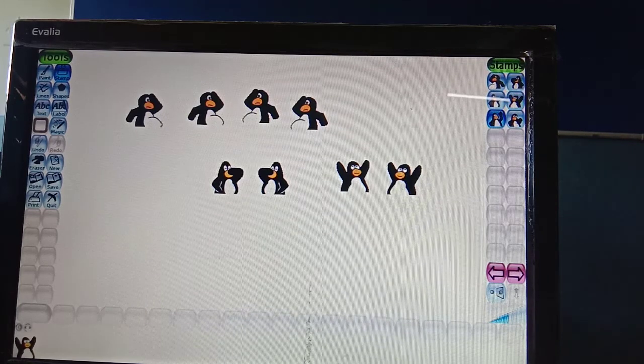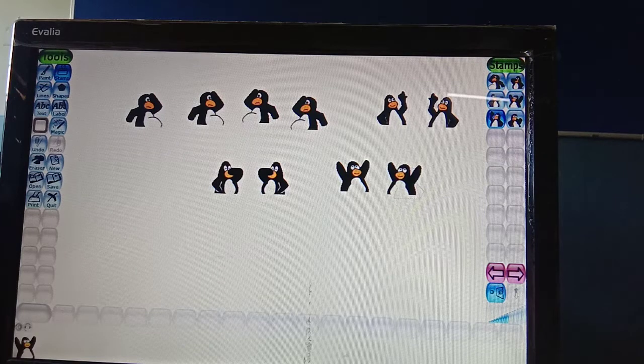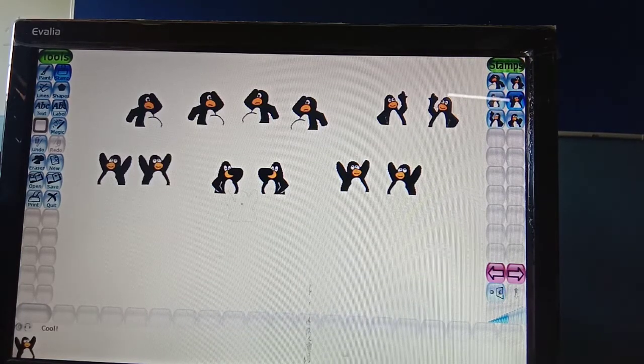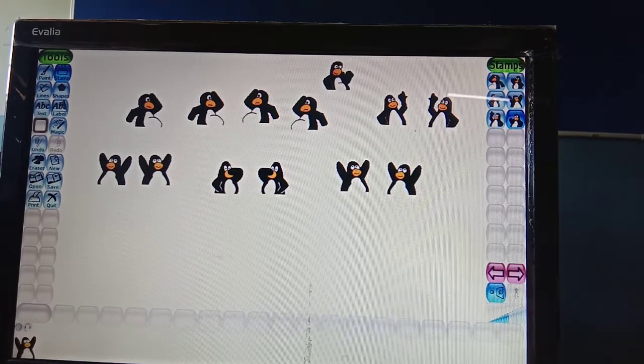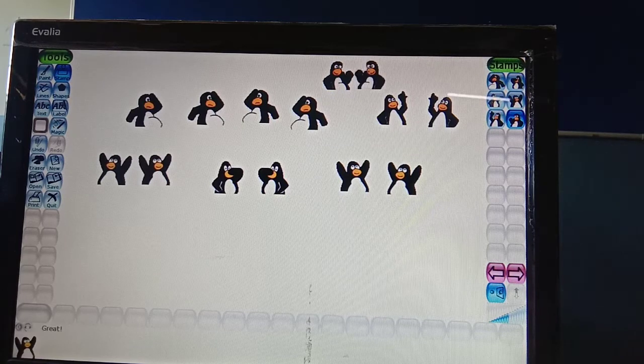I am putting this one here, and its mirror image will be like this. So these are the stamps, and you can also take their mirror images.